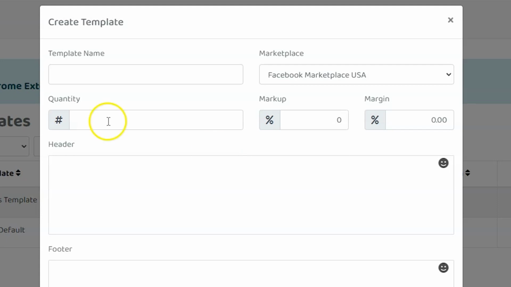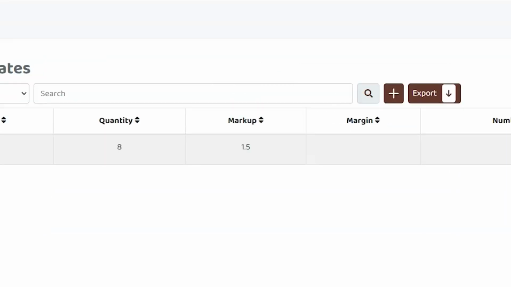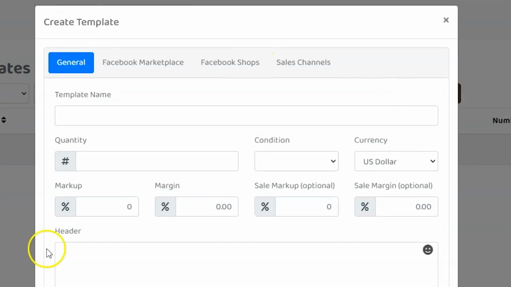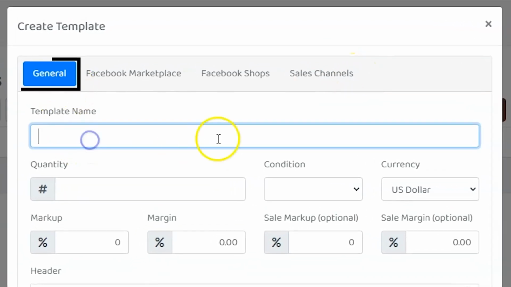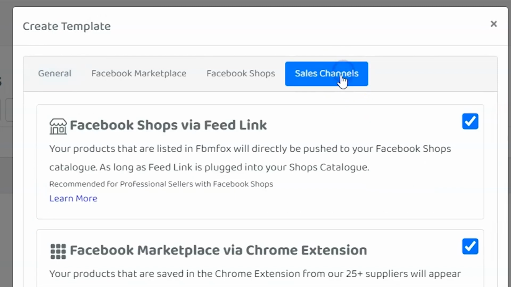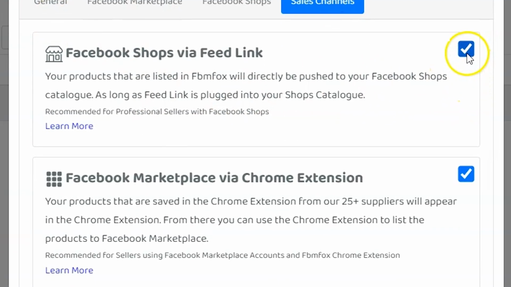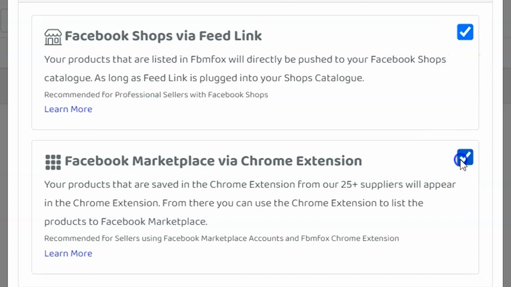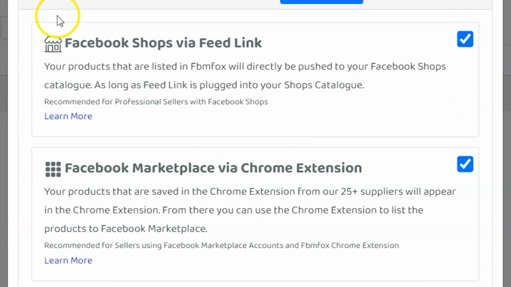So we went ahead and we restructured the template, and the new template is right here. And if I click on add, you'll see it looks a tad bit more complicated, but it's actually much more simple. Here you have your general section. So now you no longer have to select which settings you want of the template. We have all the settings in one template, and you can choose to enable a sales channel, right? So if you click on sales channels in the template, you can choose to enable which sales channels this template is used for. That way you can have multiple sales channels in one template, which is very useful.